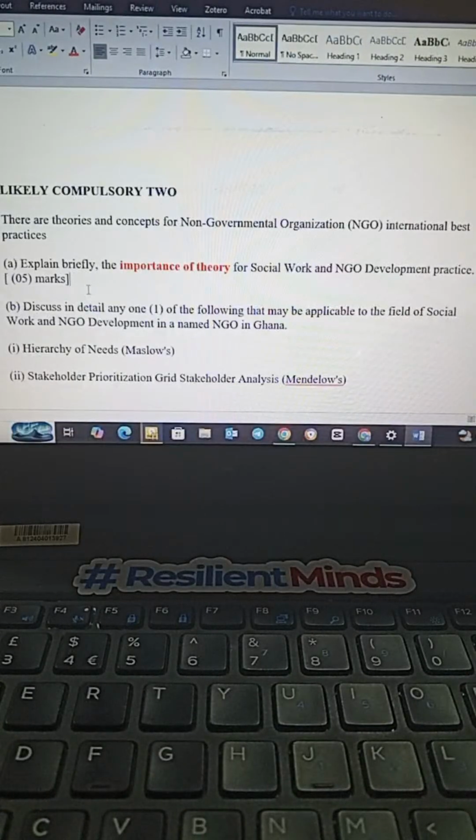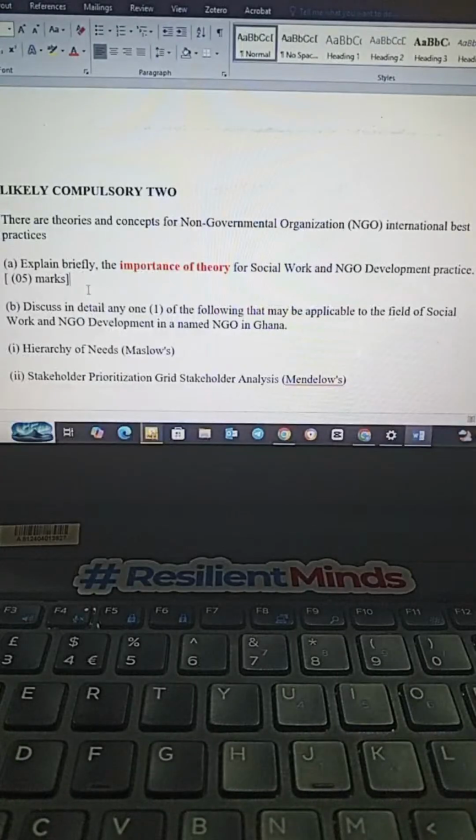So that is what a theory does: providing a framework. That's the second importance of a theory. The third one is that it guides interventions. Theories help guide interventions. What is one trying to say? It simply means that it helps the social worker to use an evidence-based approach in dealing with client issues. Yes. Because theories are scientific in nature, it always makes sure that what the social worker is using to address a particular issue is evidence-based. That is the third importance of a theory.